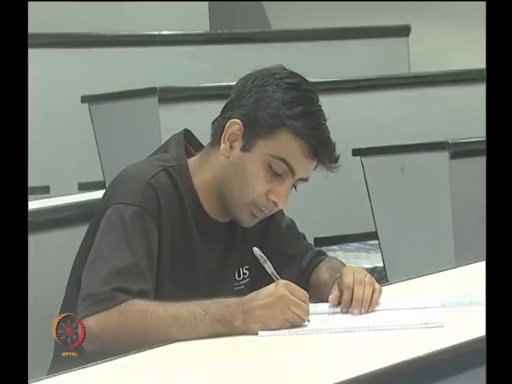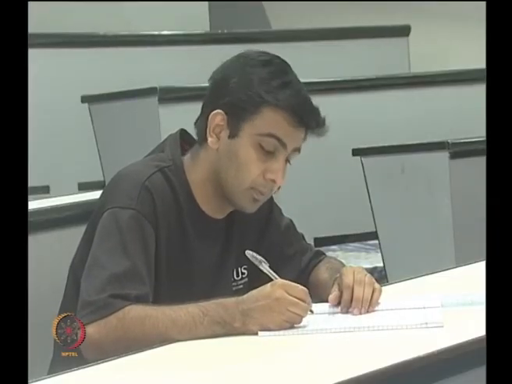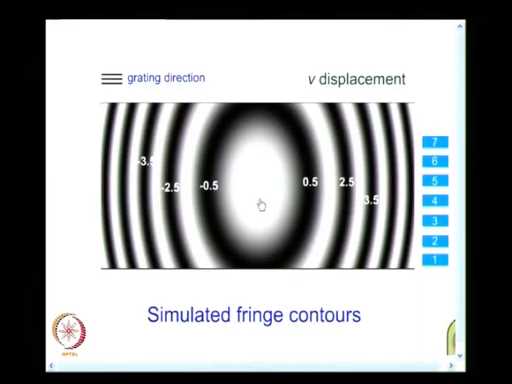Okay. So, what I will do is, I will show the v displacement, and the v displacement is like this, and here you find I have the grating direction horizontal. By comparing these two figures, you can easily understand what I said: displacement is a component perpendicular to the grating direction. And what I want you to note down is, when I have a grating direction in one way, I need one optical arrangement to record it. When I have the grating direction in another way, I need another optical arrangement to do it.